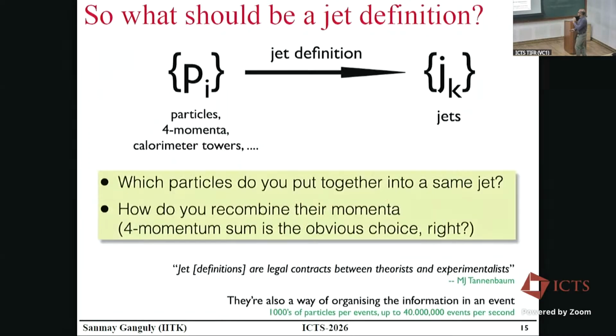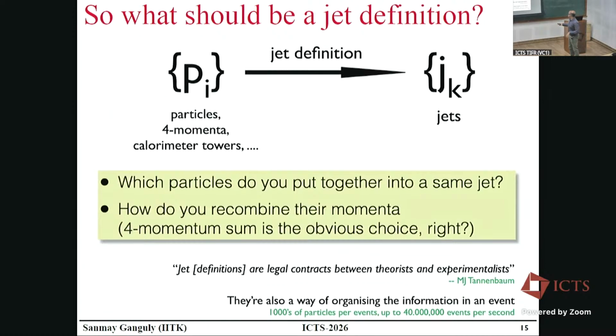Okay, so essentially what I'm trying to tell you is that given a bunch of particles and their four-momenta, be it at some Monte Carlo truth level or at the calorimeter level, how you cluster them into jets is the whole business of jet algorithms. And I will spend some five-odd minutes on that. So for those who have never dealt with jet reconstruction algorithms, at least it should be clear in your mind what the statement of the problem is that we are trying to pose.